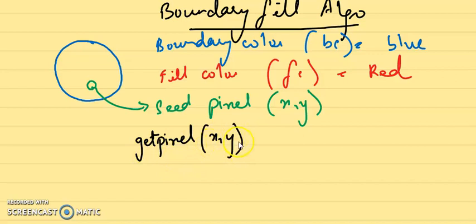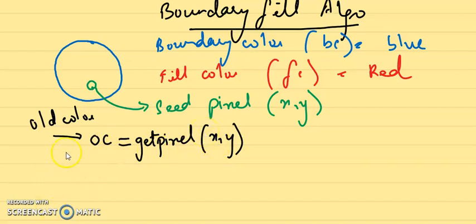And what is getPixel(x, y) going to return me? getPixel(x, y) is going to return me the intensity value of this particular pixel. Suppose I am going to put this in a value that's OC, that is nothing but the old color of this pixel, or any name that you want to store it as. getPixel(x, y) returns the intensity of this pixel, and it is stored in a variable OC. As I know, the intensity value will be an integer value.